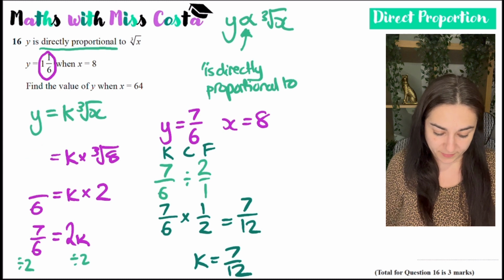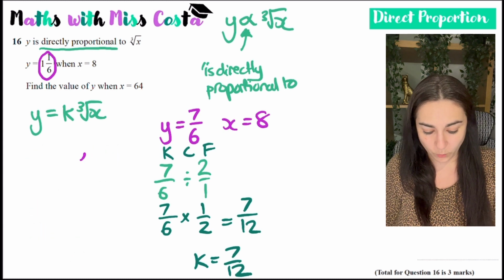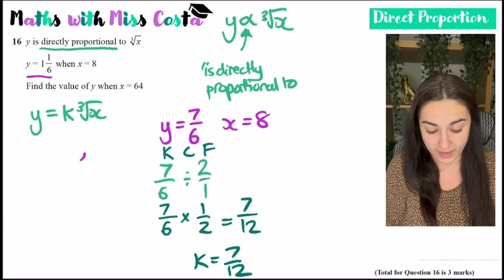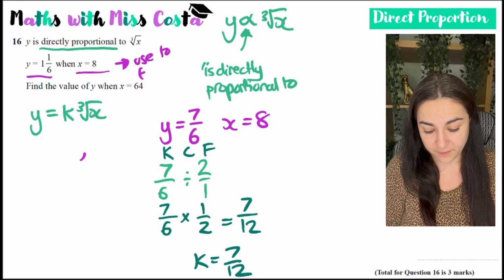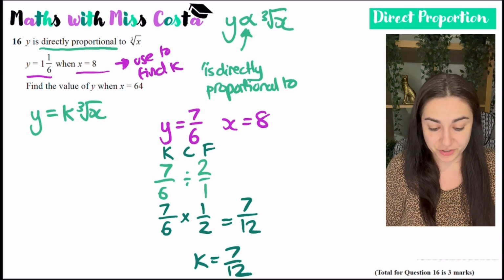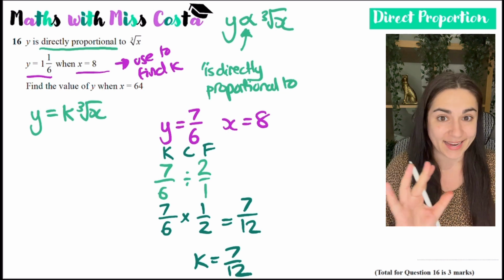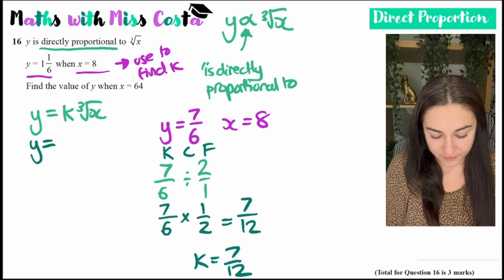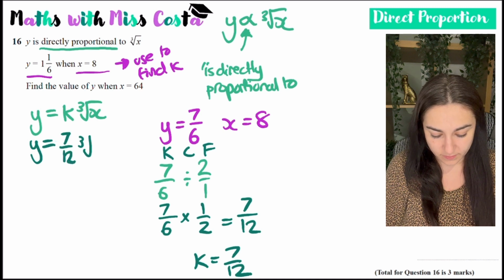So I've done all of this initially in order to find out what the value of k is. They're always going to give you the value for y and x, and you use that to find k. Because once you've found k, you have a general formula that you can use to find anything that they ask you. So I know that the general formula would be y equals 7 over 12 cubed root